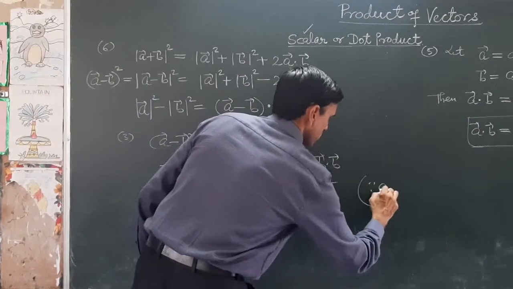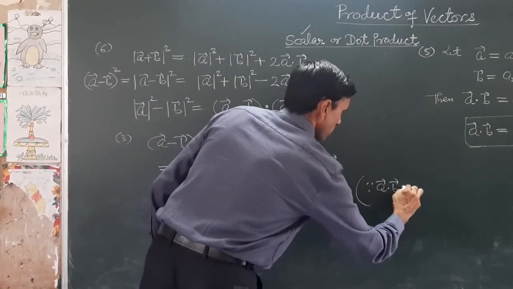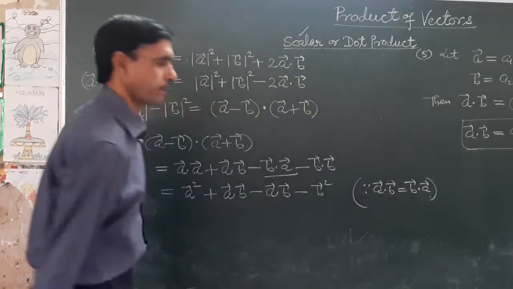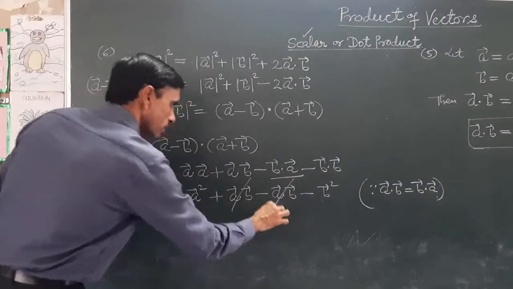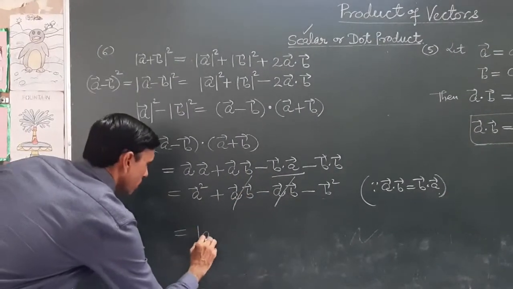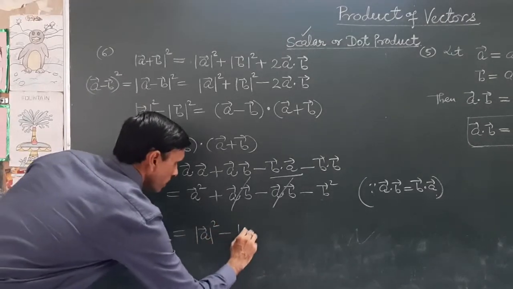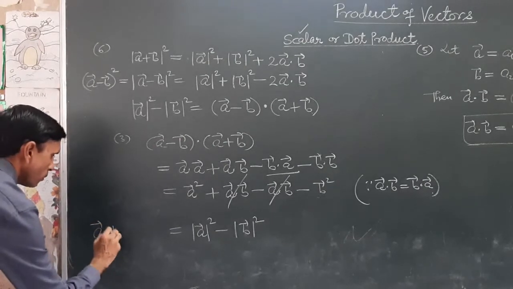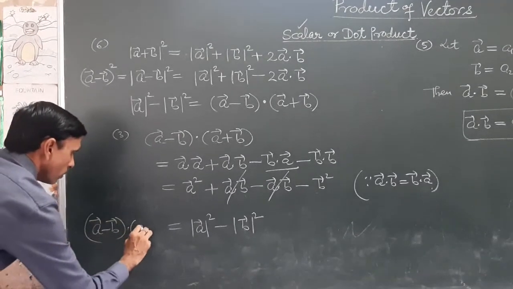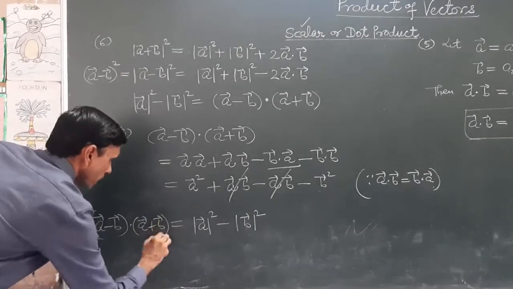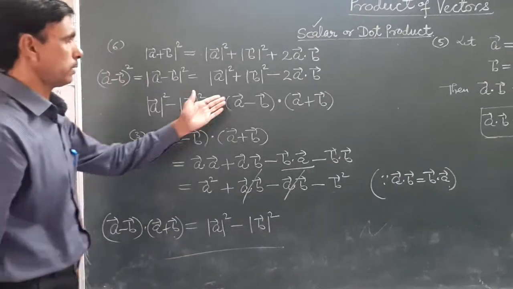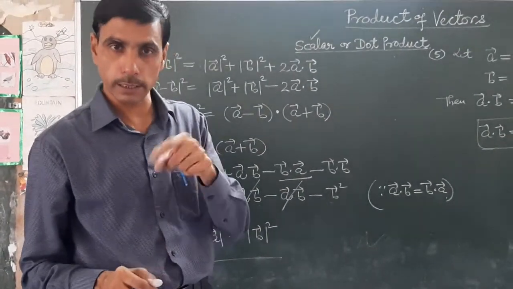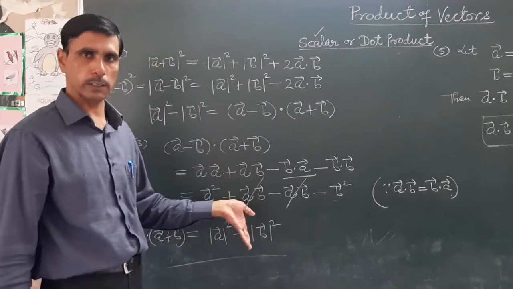क्या लिख दीजिएगा, since a dot b is equal to b dot a. Yes, these are cancelled. So what is this? ये magnitude a square, magnitude b square. तो वैल्यू किसकी है? वैल्यू है a minus b dot a plus b. This is third identity. We have to use the identity directly. प्रूफ नहीं करना, बट इन केस एग्जाम में प्रूफ आ जाए, आपको पता होना चाहिए, बहुत छोटे लेवल का है,